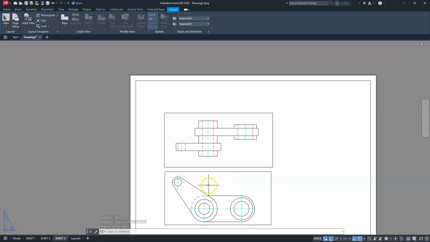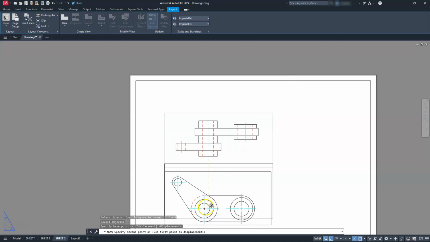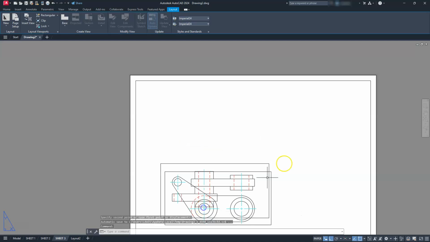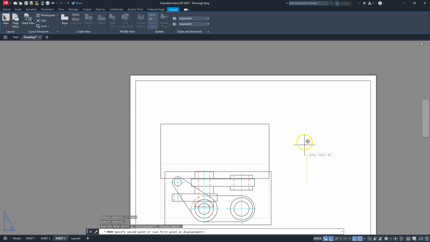Now, here's the other thing. You want to make sure that these stay in line with each other, right? So I can go to the move command, so enter. I can select this viewport, enter, go to the end point here, and then place it right at this center, right? And then I'm going to go back to the move command, so enter. I'll pick the last thing I selected, which was this, enter, pick a base point here, and go straight up from it,